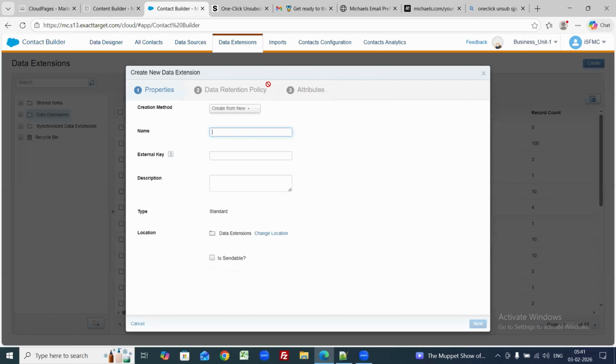If you are unsubscribed from the All Subscribers list, you are totally unsubscribed. Or if the unsubscribe page is designed to opt out of any one of the data extensions related to that particular campaign, then you are not unsubscribed and you are receiving emails from some other campaign. Usually that happens, right? Yeah, usually that happens. In many of the cases, you will be unsubscribed from the entire marketing plan